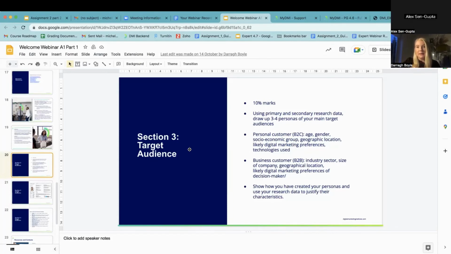So you might be a B2B company and you might be selling to clinics. One of your personas might be a rep, it might be the receptionist in that company, it might be the business owner, it might be an agency. Or you might be B2C, working with, for example, clinic owners.